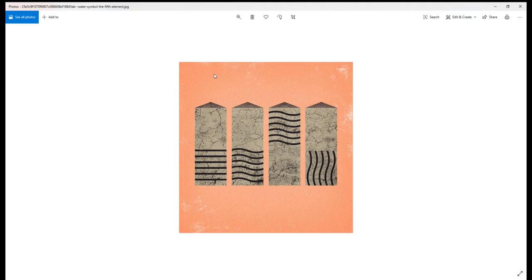Okay, hey guys. So today we are going to be modeling one of these stones from the fifth element. This one right here is where I'm going to start. It is the earth totem, if you will. So right here I'm going to go into SolidWorks,